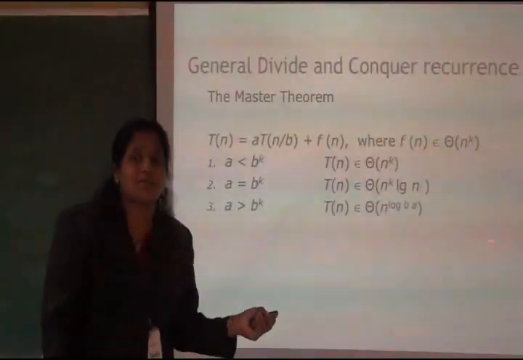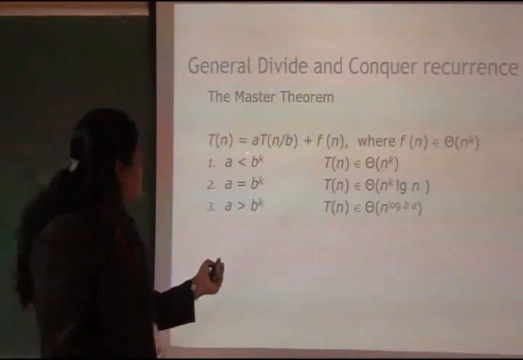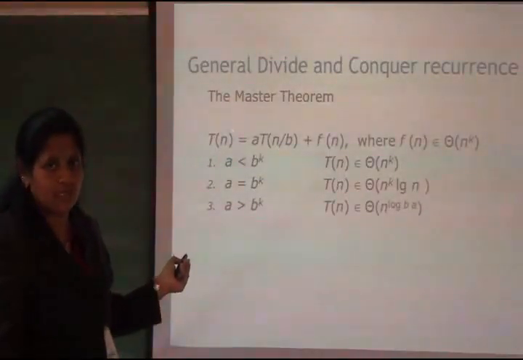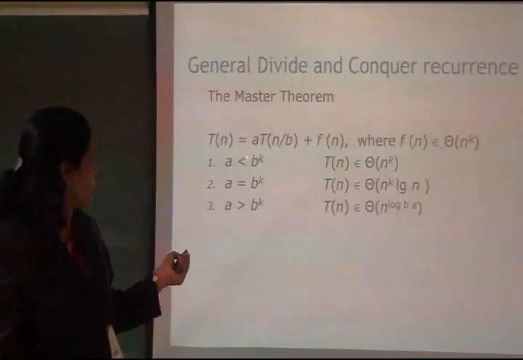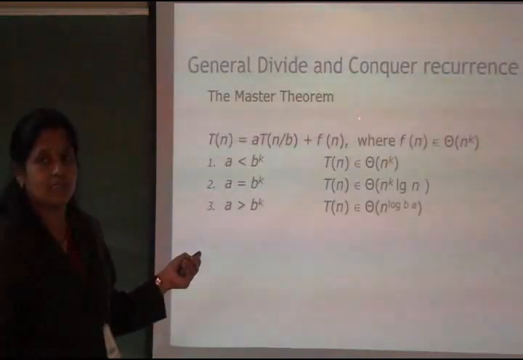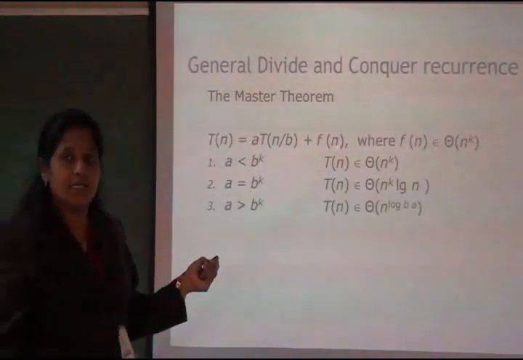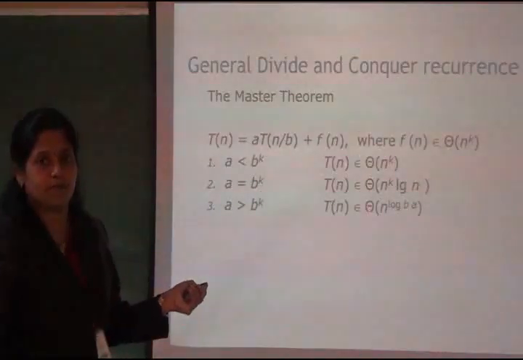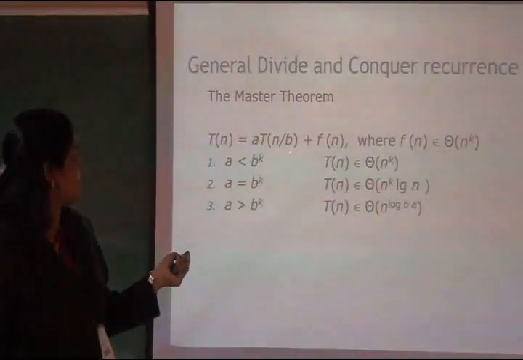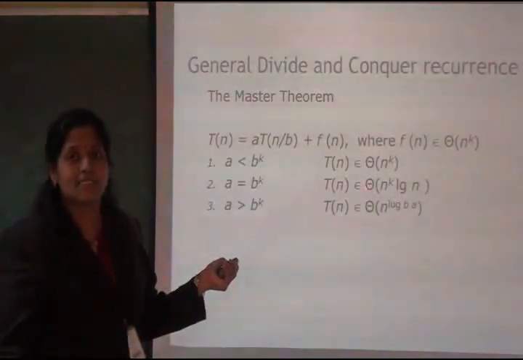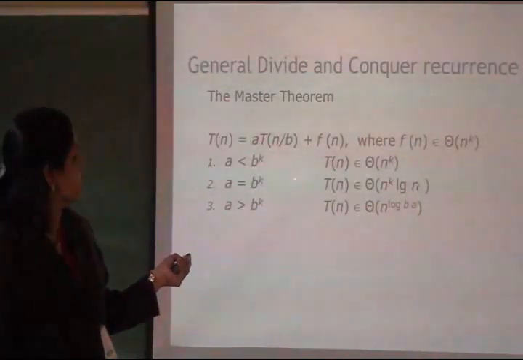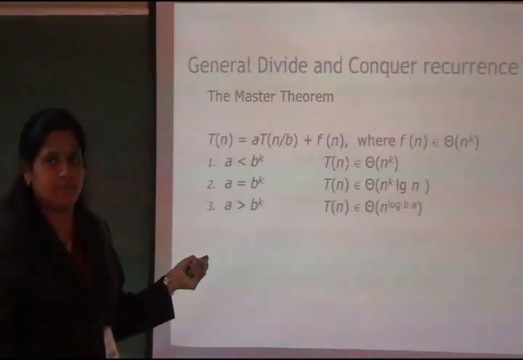So what is the theorem behind the divide and conquer strategy? The master theorem is here: T(n), the time complexity, the time required to solve a problem of size n, is equal to a T(n/b) plus f(n). Here a and b are constants. The a indicates the number of subproblems, since any problem can be divided into a different number of subproblems, whereas b indicates the size of the subproblem. So each problem is divided into a subproblems of size n/b, plus